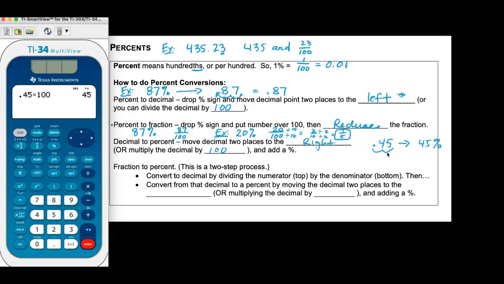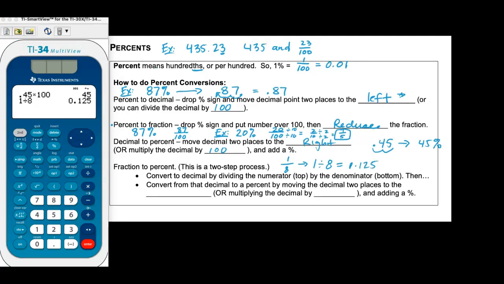And then the last one, fraction to a percent. Let's use the fraction 1/8 as an example. The first thing you're going to do is convert this to a decimal by dividing the numerator by the denominator. This fraction bar is really just like a division symbol. This means 1 divided by 8. You can do that by hand, or probably easiest just to use a calculator, and then you get this decimal